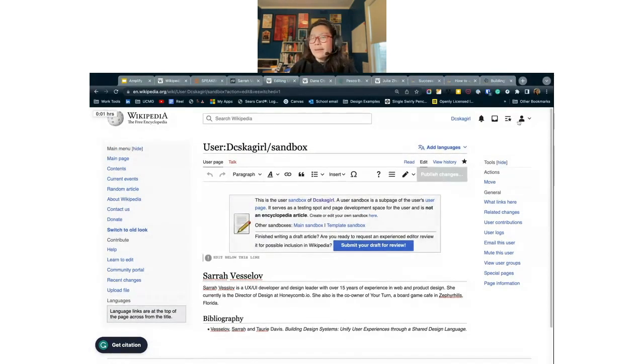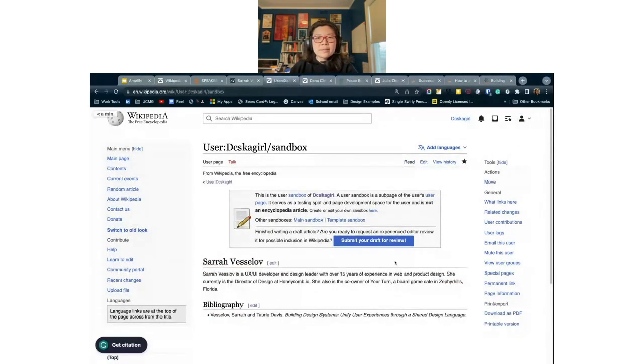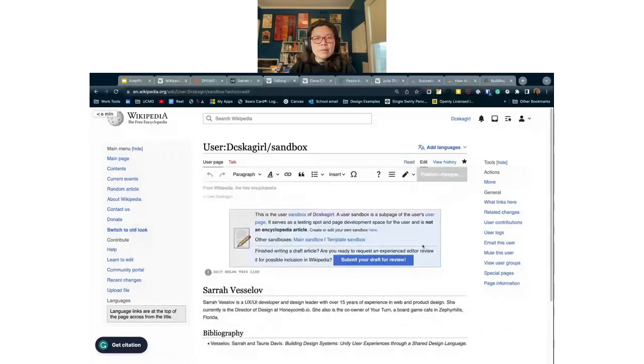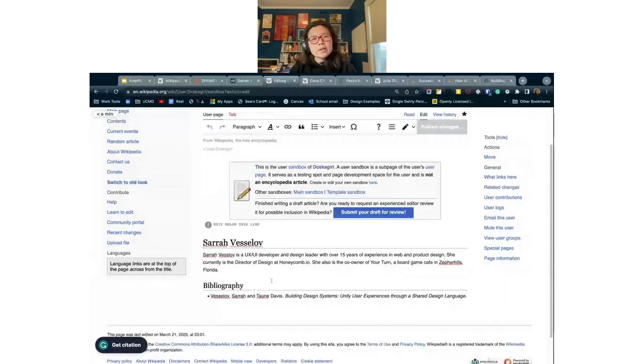I guess the big thing is to go to your sandbox. This is what it looks like when you're not editing, and this is what any Wikipedia article looks like when you're not editing. Click edit. It will show you the edit view, which looks very much like the actual page itself. That's what's important: make sure you have this visual editor.